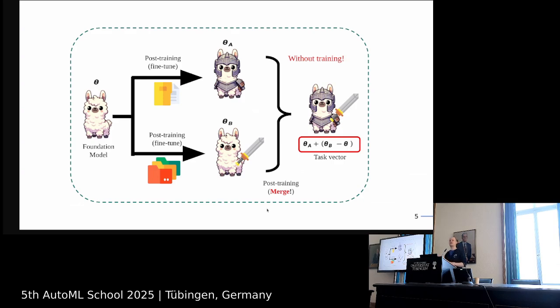And surprisingly, these often still work. And these are models that then can use capabilities from both of these fine-tunes. This is kind of interesting because it does something slightly different than just fine-tuning on more data, because you make these two fine-tunes, so you accentuate different performances in both models, and then you merge them back together. Although actually, if I say that it's just an average, that's maybe a bit of a lie,